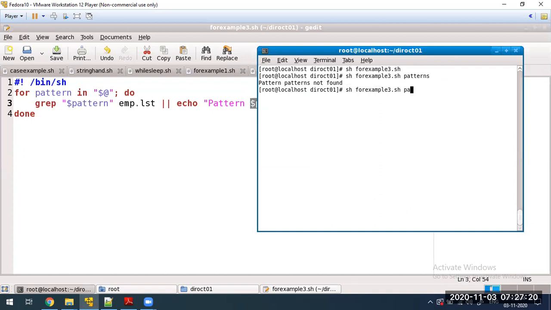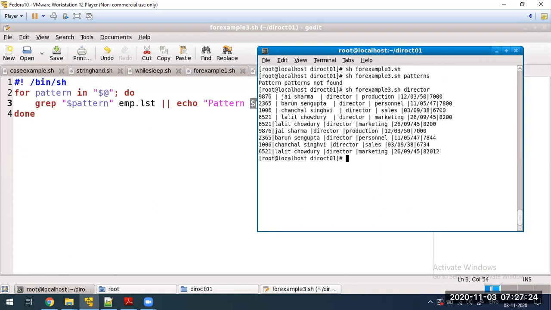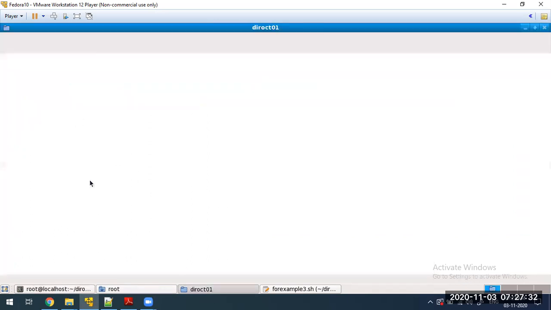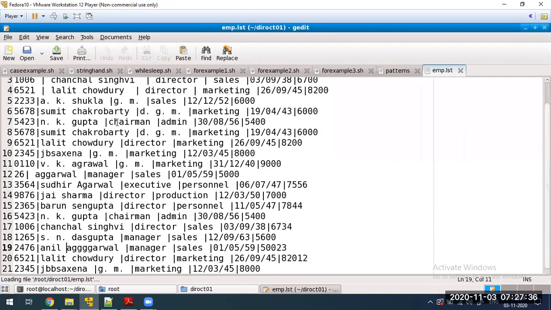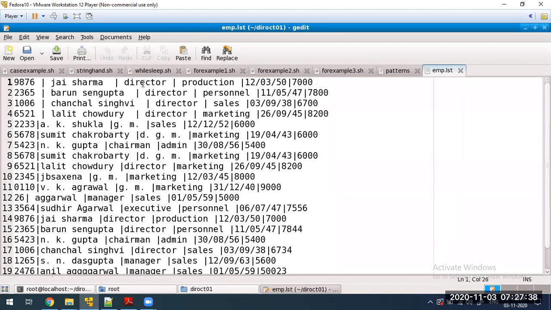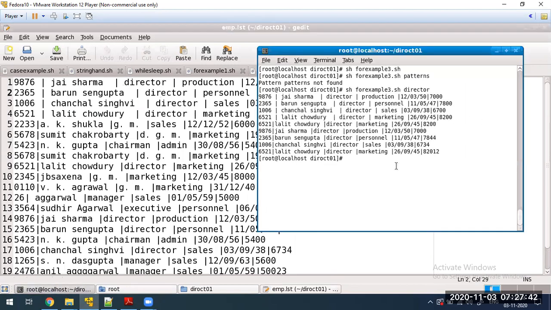If I directly give director, will it work? Yes. See this, director in that file. Which file? There is a file called employee.list. There are so many lines here. In each line where director is there, that value it is going to print.